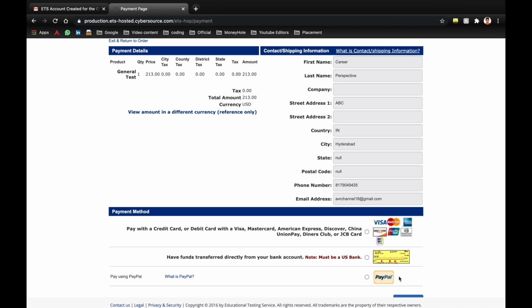Make sure that you have your passport with you. Without the original passport, you won't be able to write the GRE exam in India, as it is the only document that the GRE accepts in India. Though it doesn't ask your passport details while creating your account or registering for your exam, to write the exam, you will need to carry your original passport with you.